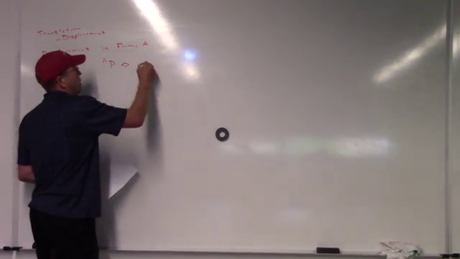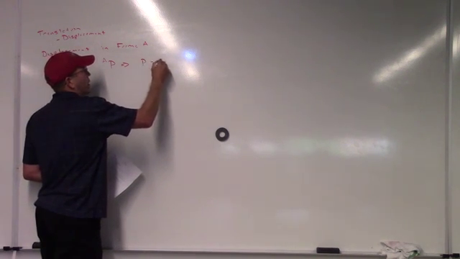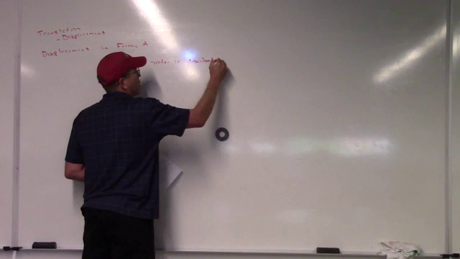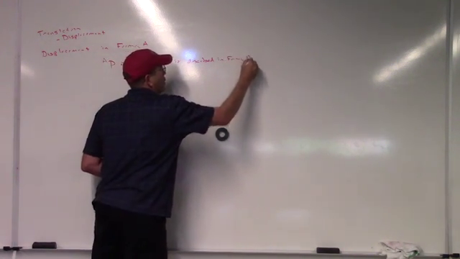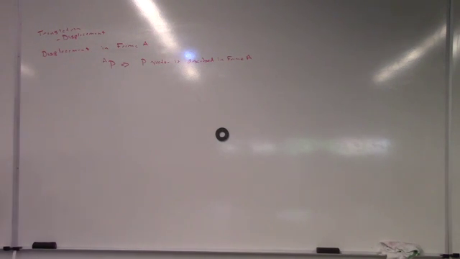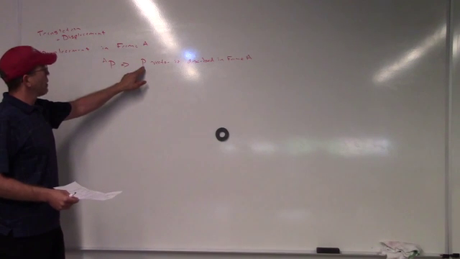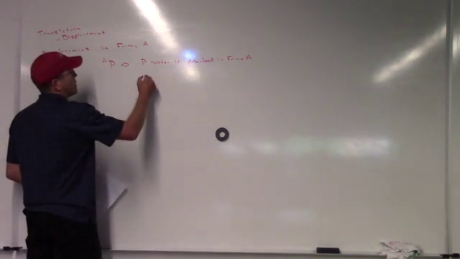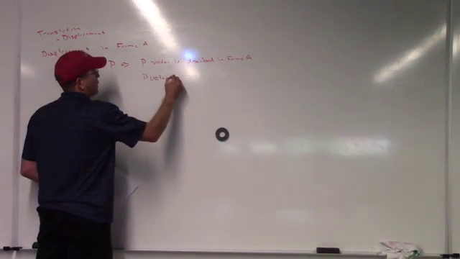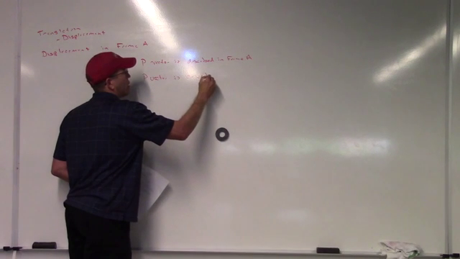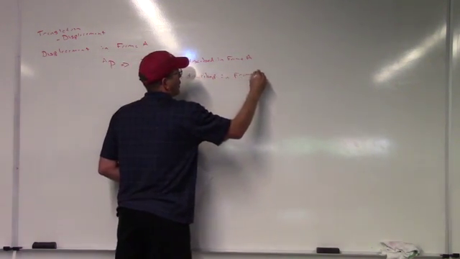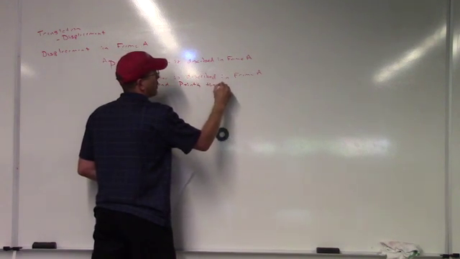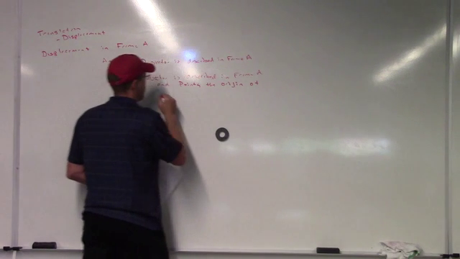And this is typically read as P vector is described in frame A. Another thing we can do is use this position vector, or this displacement vector, to point to another frame. For example, if we wanted to say that the P vector is described in frame A and points at the origin of frame B,